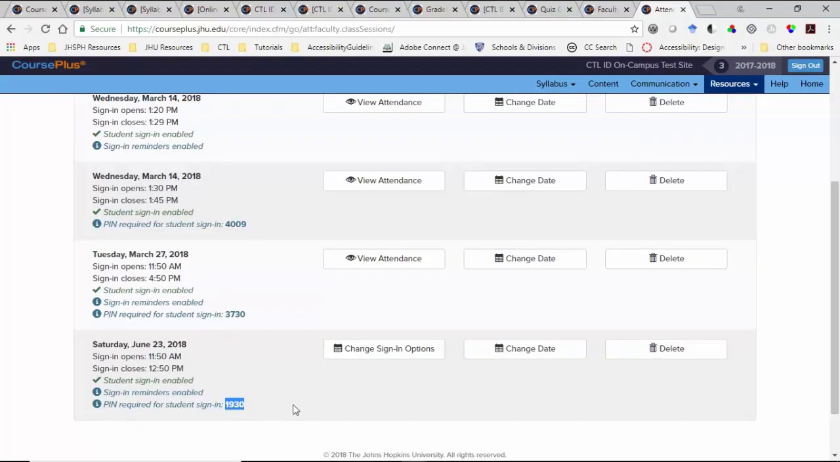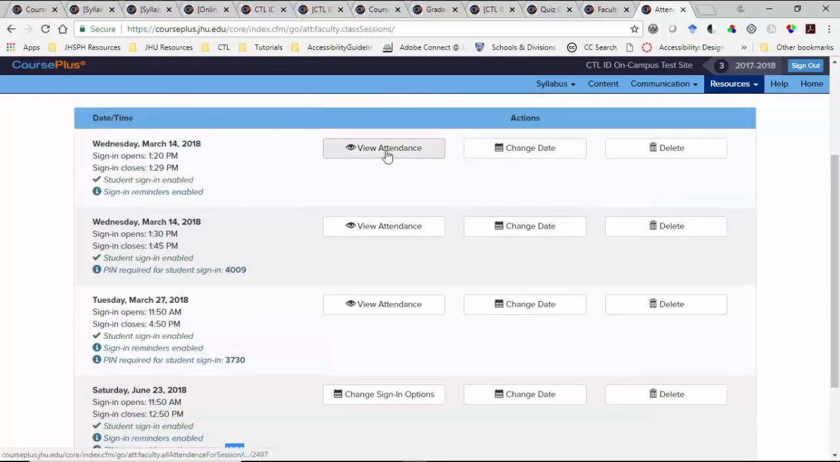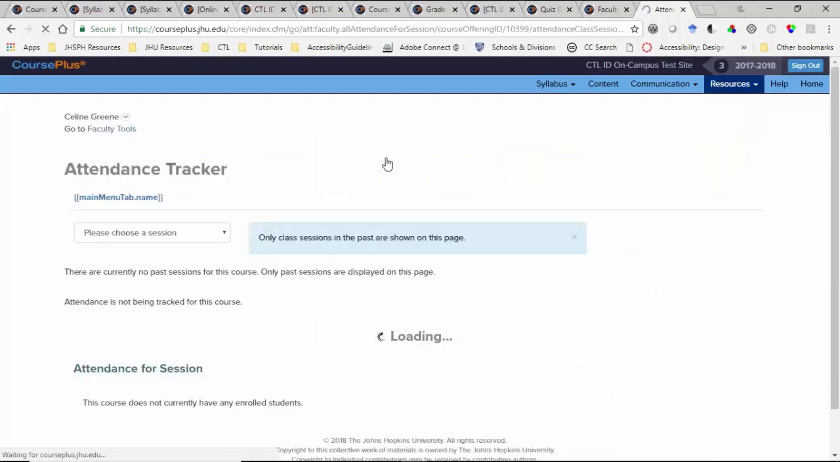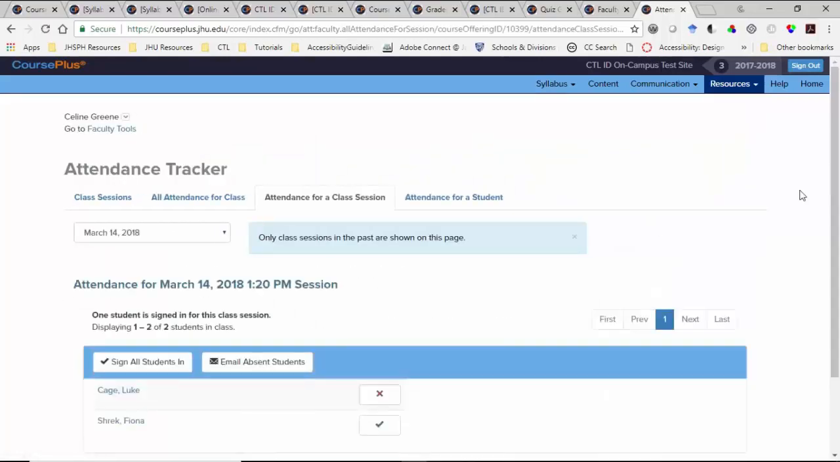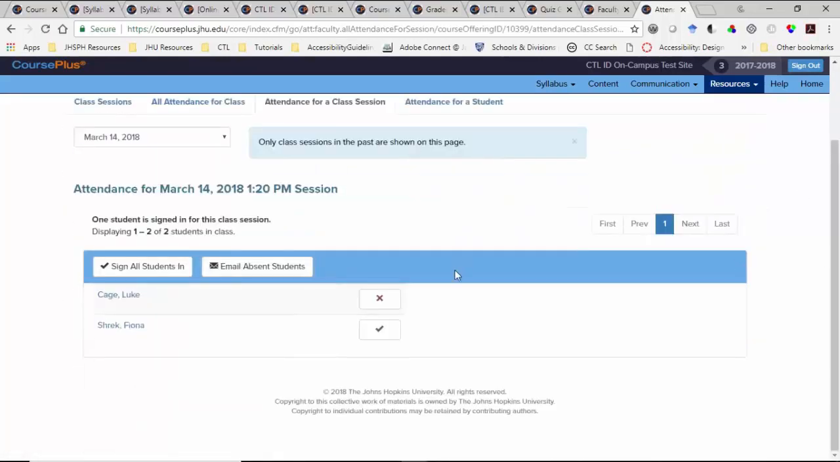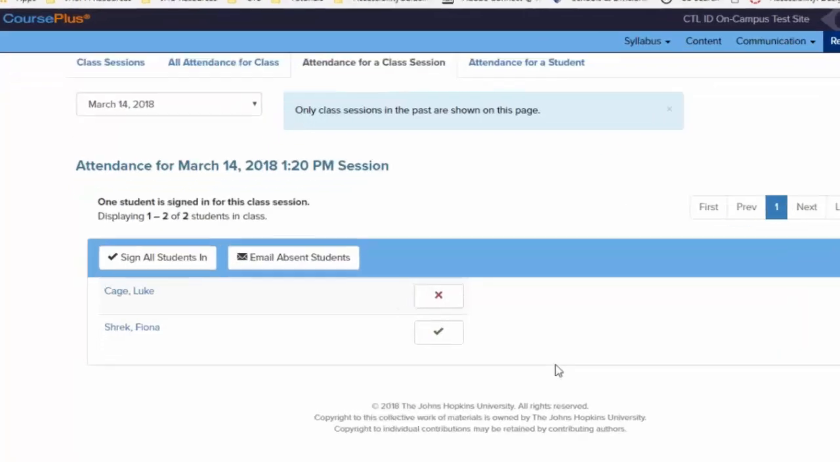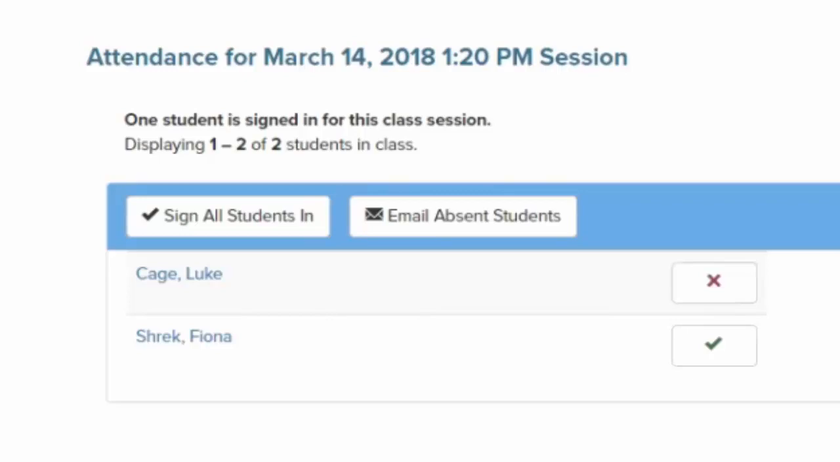Once the date and time has passed for a session listed on this page, including sessions that may have been imported from the course system, go ahead and view the attendance for the session. If Student Sign-In was enabled, you can see which students marked themselves as present and which did not. You can also overwrite the attendance, or if Student Sign-In was not enabled, click Sign All Students In before overwriting